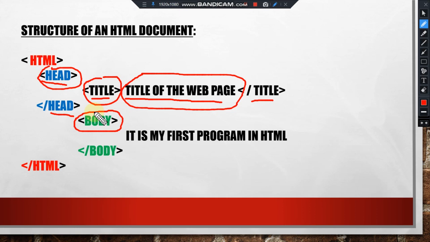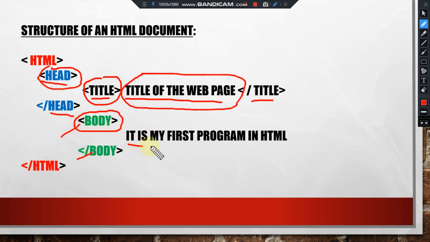The body tag contains the text which gets displayed on the web page along with other tags and attributes. Whatever content you would like to be shown on your web page, you will write under this body. Whatever images, graphics, or links you want to insert in your web page, you will write under this body tag.